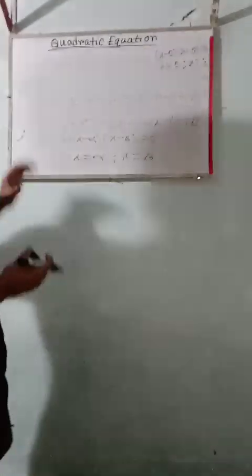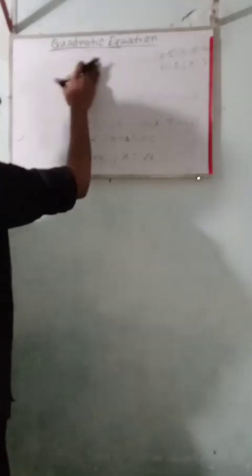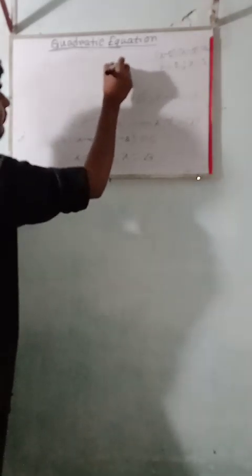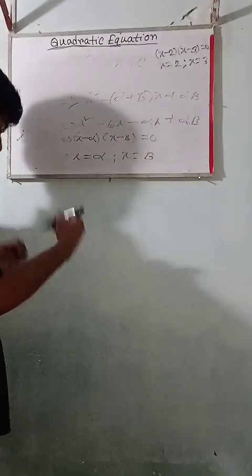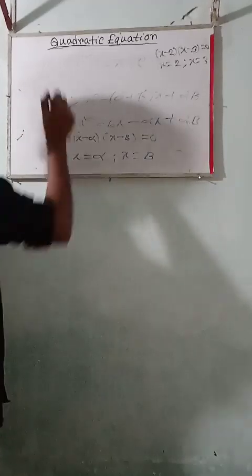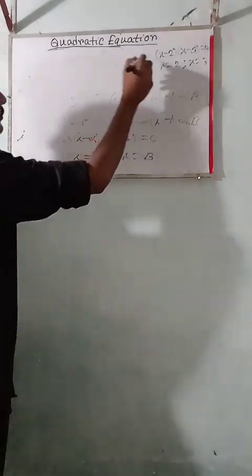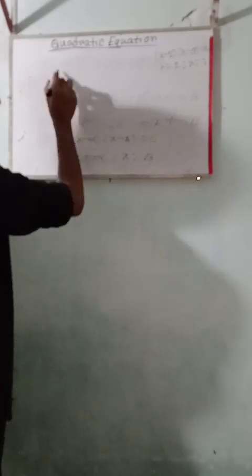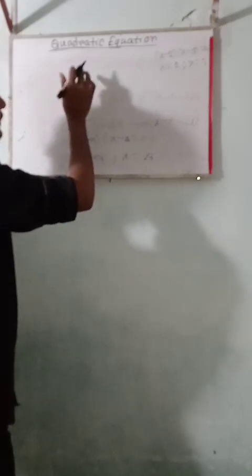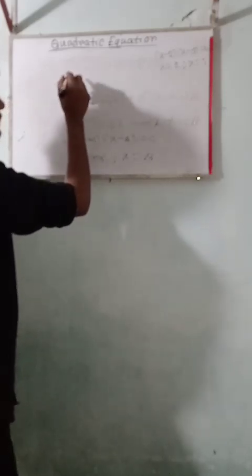And if we compare the equation to the standard format of the quadratic equation, that is ax square plus bx plus c is equal to 0, but here it is not a, but here is a. So we have to divide this expression by a. If we divide this expression by a, it will be